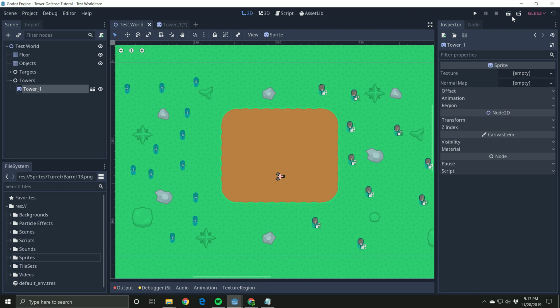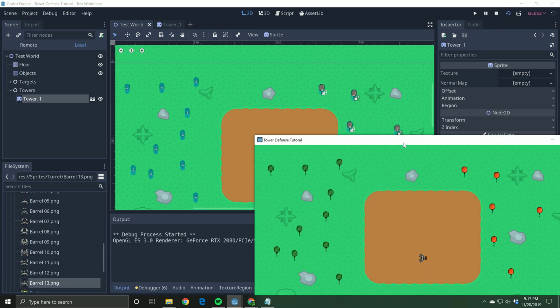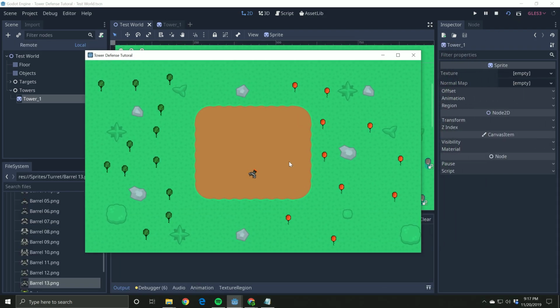No projectiles are going to get shot just yet, but we should be able to rotate and fire. It looks like our guy is stuck in the fire position, but if I push fire, it'll reset it. So basically, when we first create this guy, we need to tell him to start out on the correct